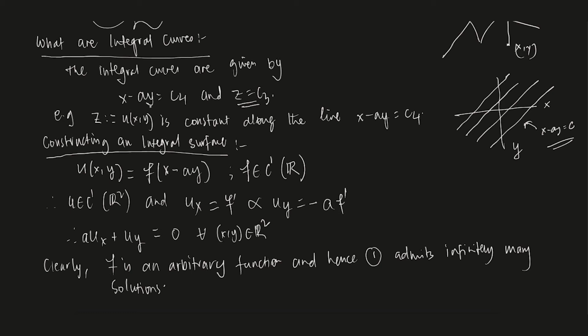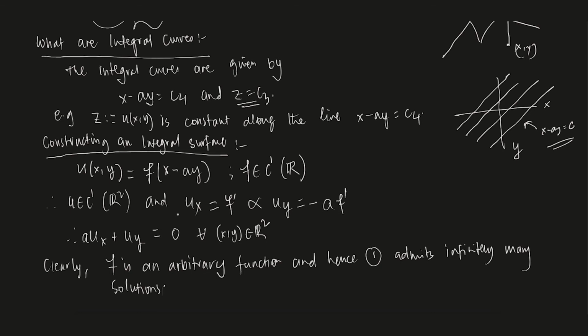Yeah, along x minus ay lines, along these lines, if you look at the graph of the function, that should be constant, and with the help of that we have constructed u like this, f of some function of x minus ay. So when x minus ay is some constant, it is f of some constant, which is again some other constant, and u is that constant. And f is obviously C1, which actually gives us our solution. So this is how we interpret a